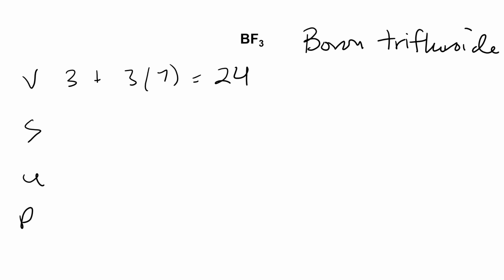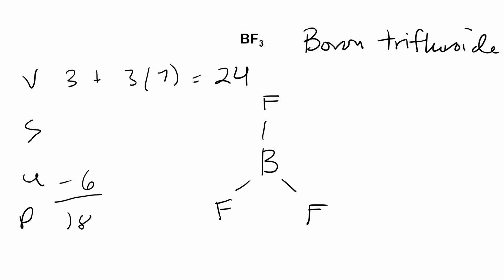Now I draw my skeletal structure. Boron in the center. Put my 3 F's surrounding it. Remember, they want to be as far from each other as they can. And this is going to lead into something we're going to talk about later on in this unit. I've used up 6 electrons, so I subtract that, end up with 18. Now I'm going to put these 18, or my 9 lone pairs,